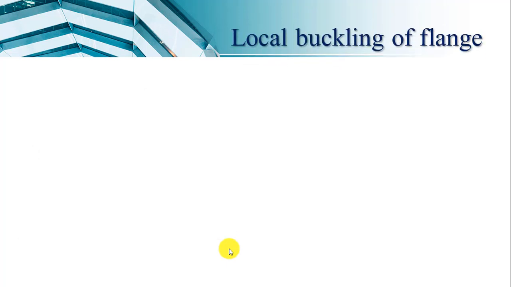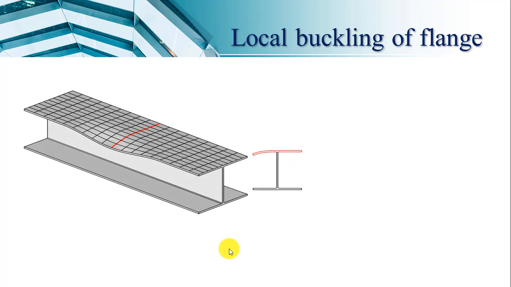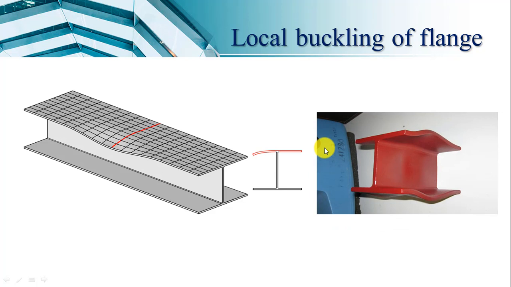Then another mode of failure is local buckling of the flange. Again, what does local buckling mean? Only some part of the flange is getting buckled. That is the local buckling. Here you can see this local buckling is shown. This is the complete flange, that is the compression flange of the member. And in this compression flange, only this much portion is getting buckled. If its cross section is observed, then it is like this. Only this much portion of the flange has got buckled. So that is called local buckling of the flange. You can see here that only this middle portion of the flange got buckled.